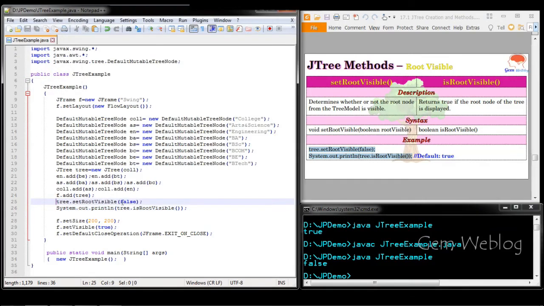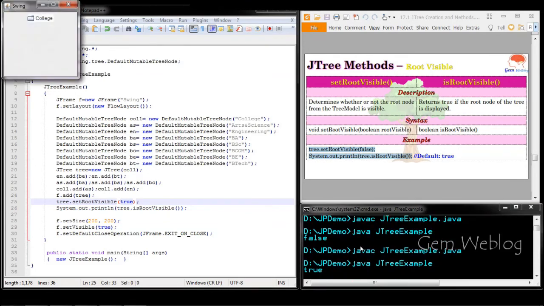If you want to make it visible, either you can comment it out or you can make it true here, because the default value is true. If the root is not visible, we can't see the tree itself. So now you can see the root, and you can expand the tree.